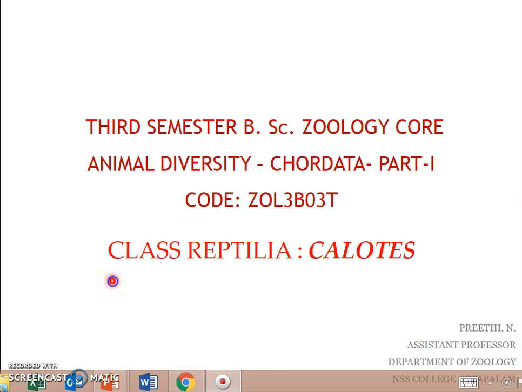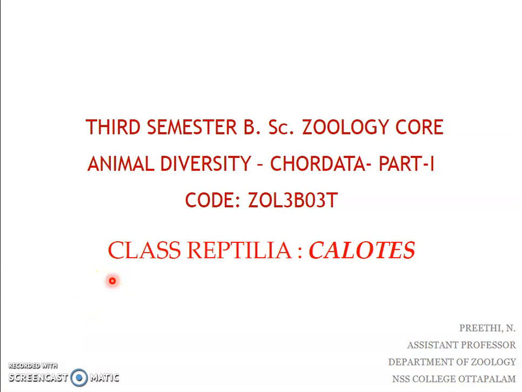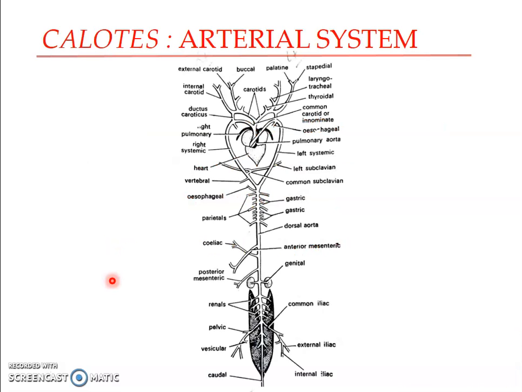Welcome back, and it is the Calotes type species we are discussing. And here in this presentation, we'll be looking in detail at the Calotes arterial system. The Calotes arterial system starts with the heart and includes all the arteries supplying the different parts